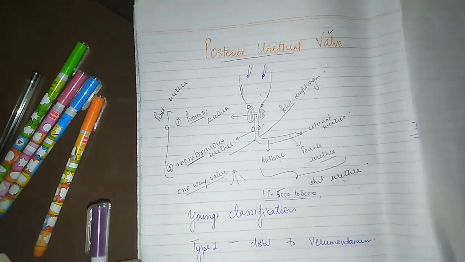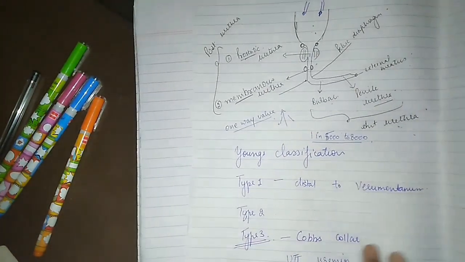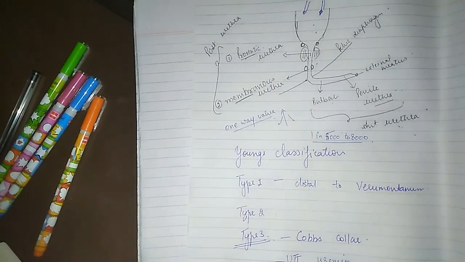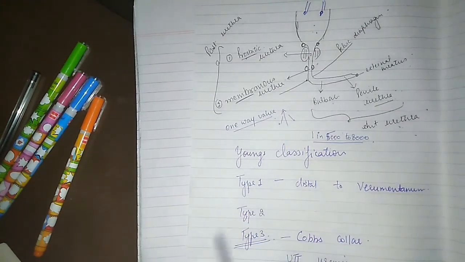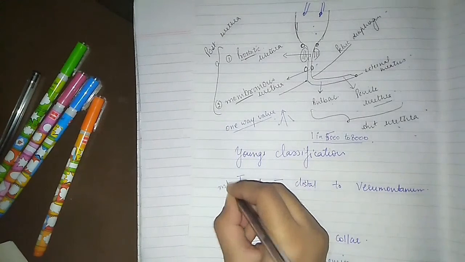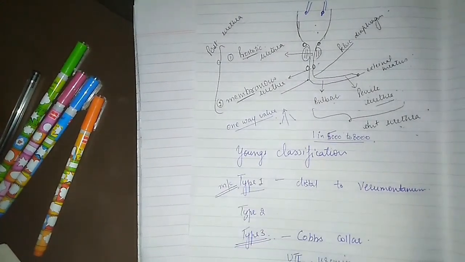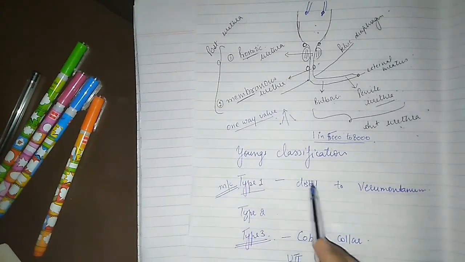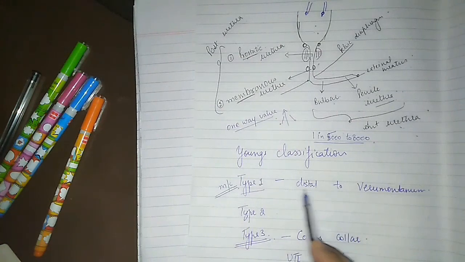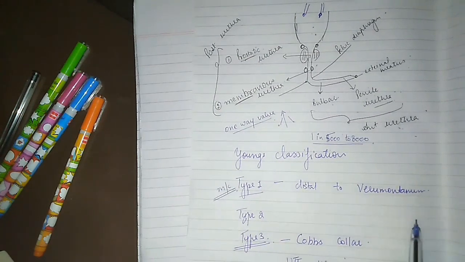Now we will discuss the Young's classification. Young's classification divides the posterior urethral valves into three types, that is type 1, type 2, type 3. Type 1 is the most common type, which is present in the prostatic urethra, and it is distal to the verumontanum. These are basically two mucosal folds which extend antero-inferiorly from the bottom of the verumontanum and fuse anteriorly at